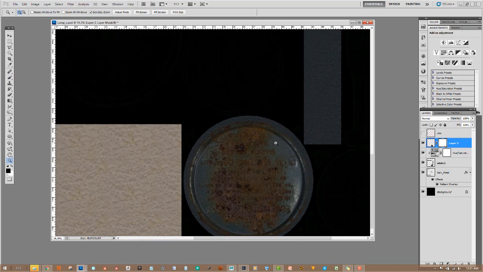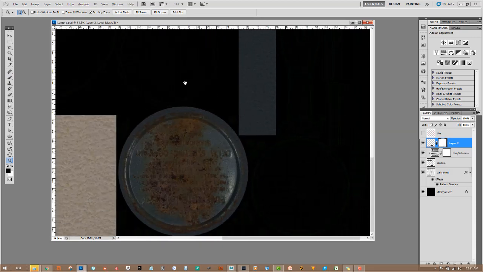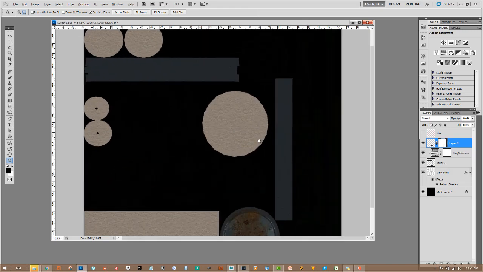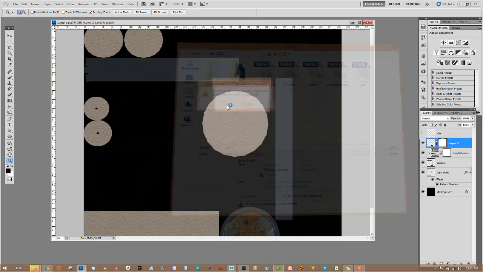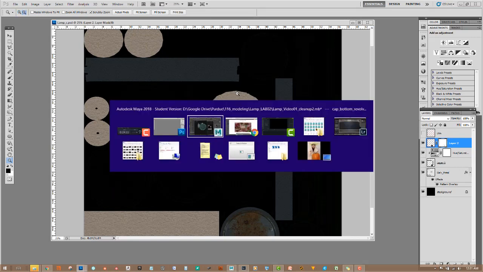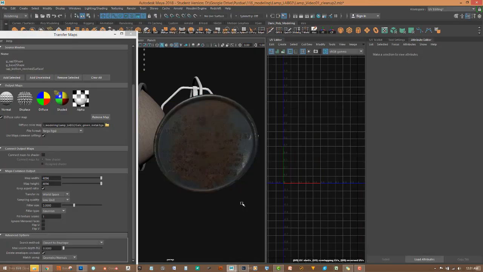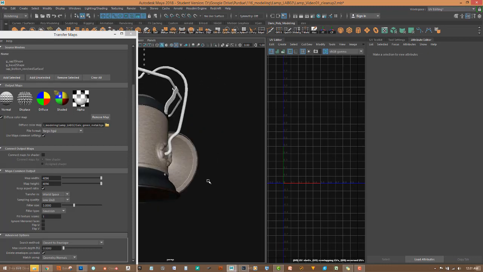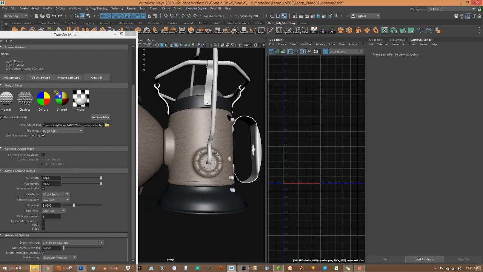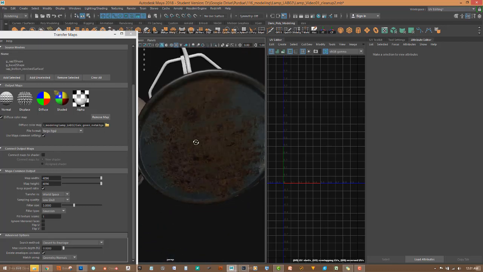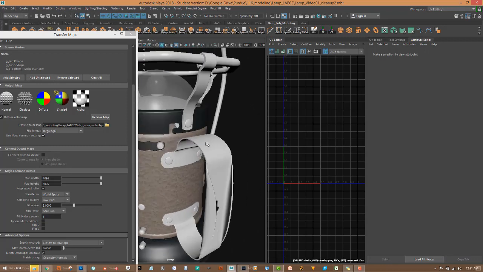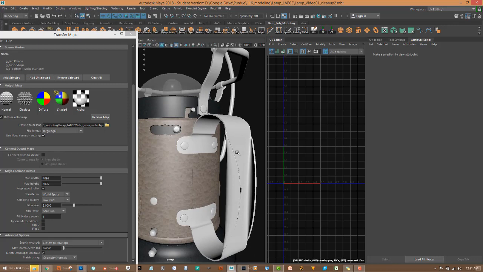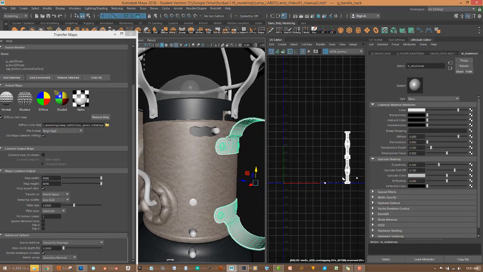So anyway, now that I've got that in there, let's just pretend there's no highlights. We can go ahead and just save this out, check our work. So let's just save it with Targa, and there we go. Go back to Maya, and okay, you can see it already updated. So look at that. Of course, we put bump maps on everything, and if we're doing this at a super high level, we'd want to make bump maps for all this, and so then the next thing to do would just be to do the same treatment for this here, and then we have